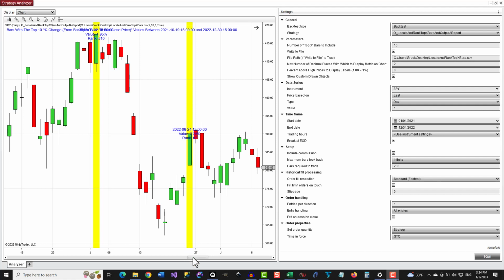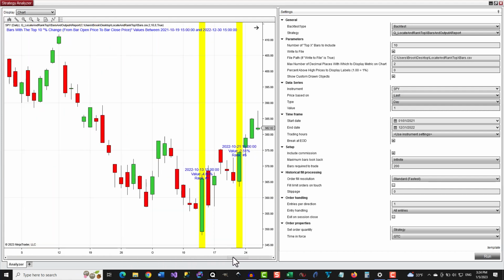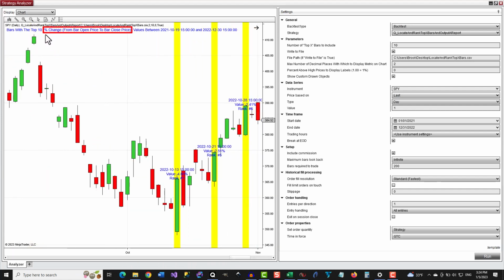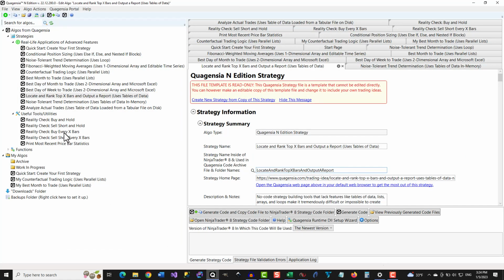When run as is, without customizations, this report's metric of interest is % change from bar open price to bar close price, and every bar between the backtest start and end date is considered for inclusion in the top X bars for that metric. However, this report can be easily customized without code. You can easily change the metric of interest by changing a single calculation, and you can plug in your own conditions for which price bars should be considered for inclusion in the top X bars for that metric instead of considering all the bars for inclusion.